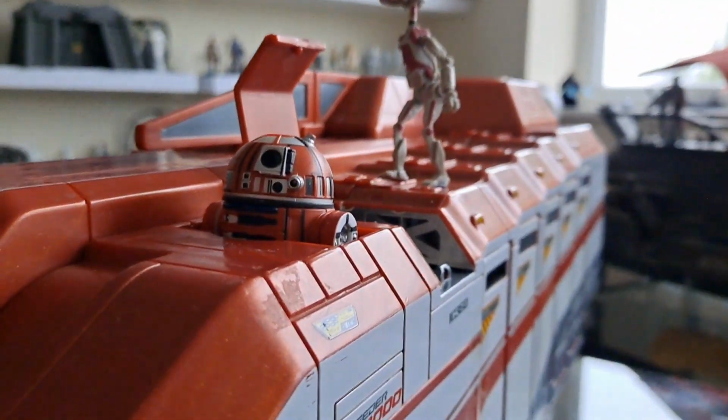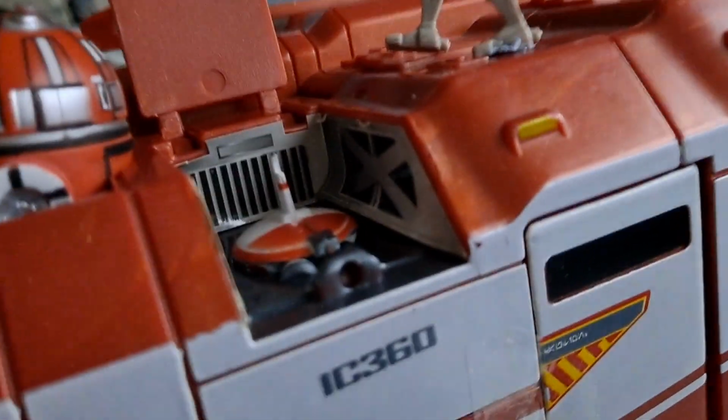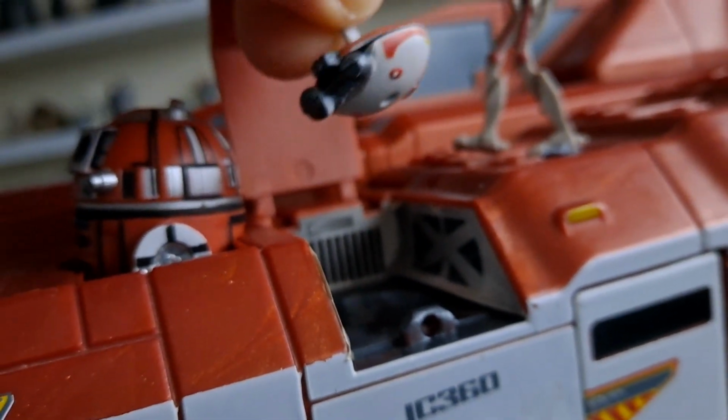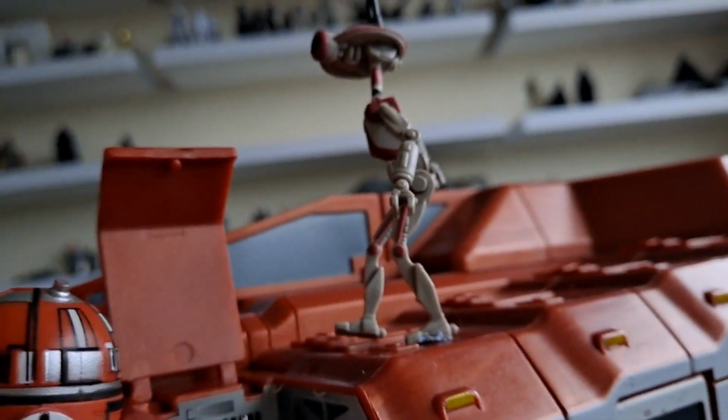But firstly, I thought I'd just show you this. I did do a full review of this, but I forgot to mention this droid that comes inside here. I don't know what kind of droid it is. People say it's like the prequel droid. It's almost like that stuff you saw in Kenobi, like that Lola, isn't it, really? Interesting. So I forgot to show you that, and also I thought I'd put this pit droid on here as